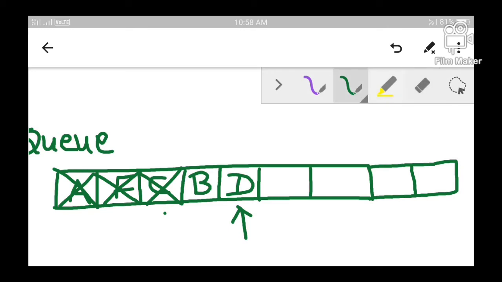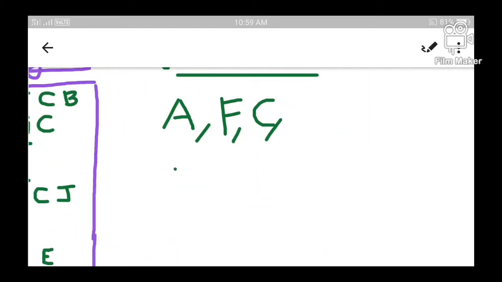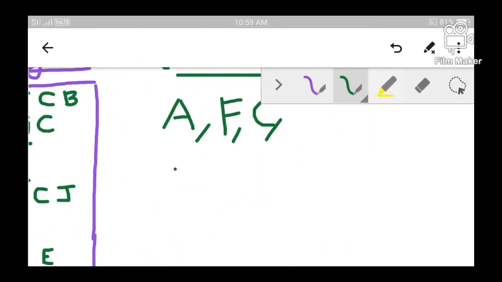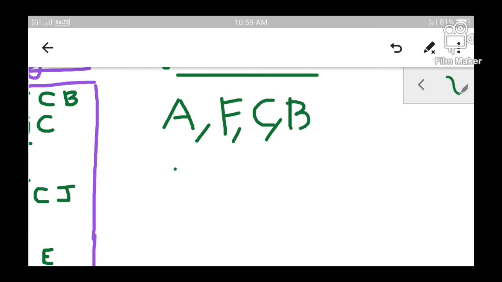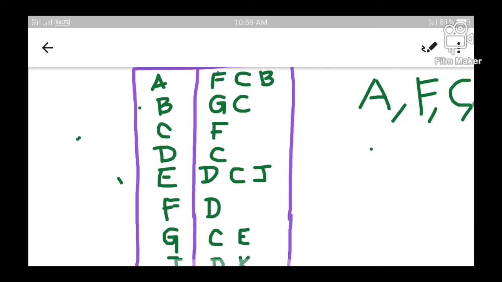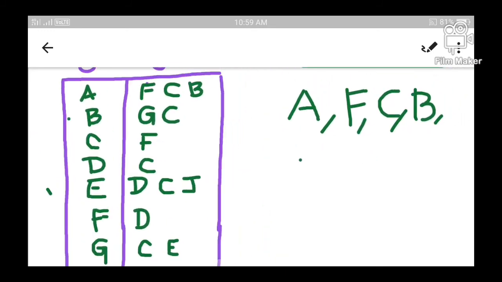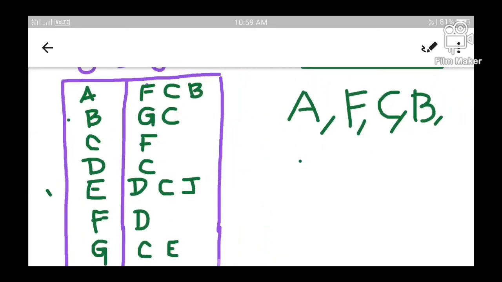Again, now B is in the front position and D is in the rear position. Again, removing the front element from the queue. Since B is removed, our list will have B in it. Once B is removed, all the elements adjacent to B, that is G and C. But C was already inserted, so it will not be inserted again into the queue.